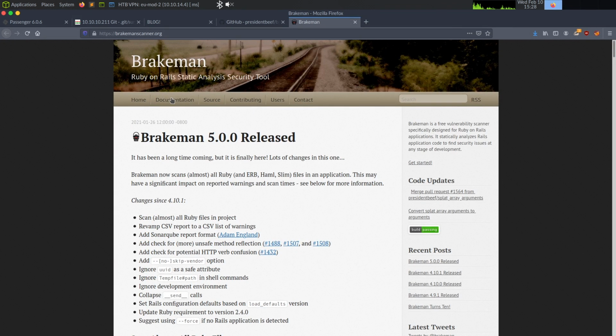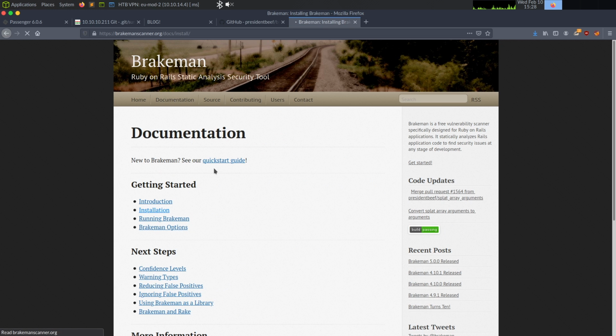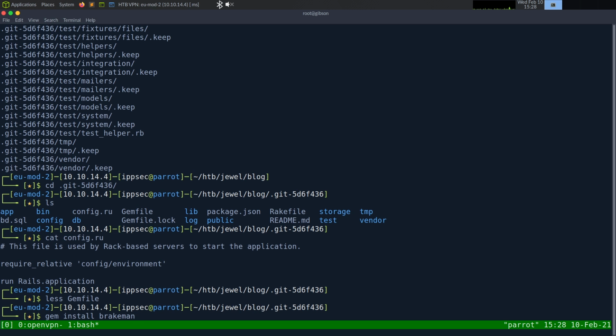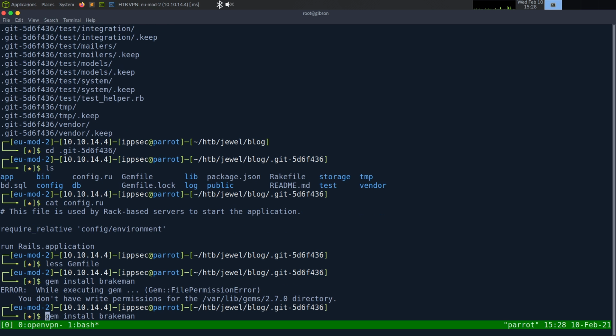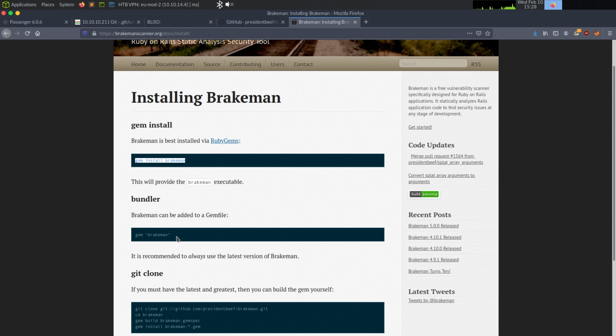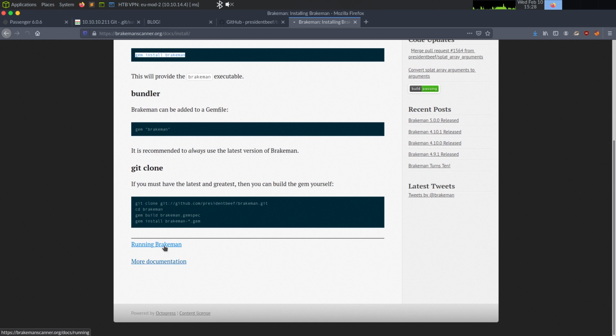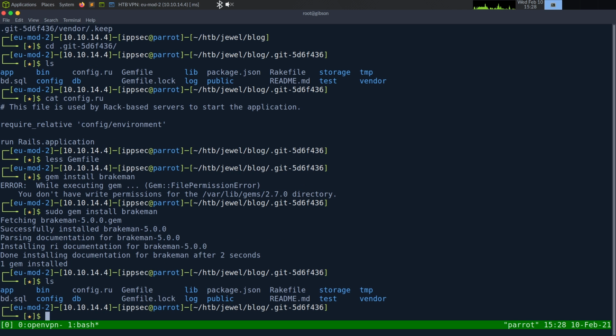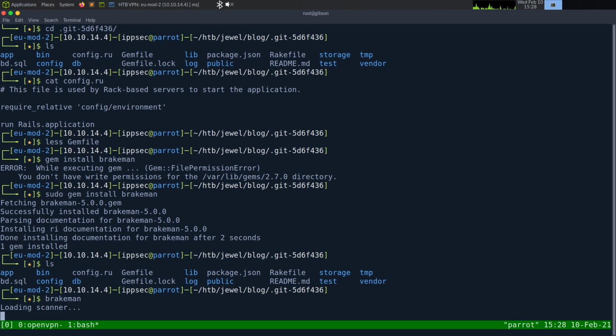I forget how to get to install. I think maybe under documentation, installation. And before doing anything with gem or anything at all with Ruby, I'd highly recommend taking a snapshot of your VM just because sometimes Metasploit doesn't like it when you muck with the Ruby environment. So let's now install this. And it looks like we probably need root to do this. So gem install brakeman. And then it just says once we install it, you just run Brakeman inside of your application. So I'm going to run Brakeman now that I have that gem installed,